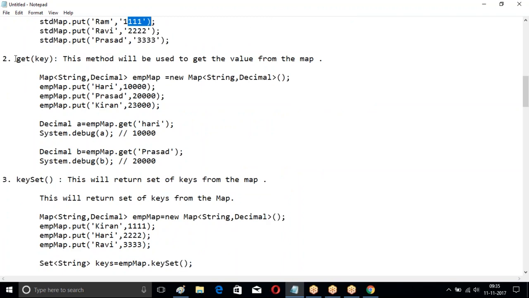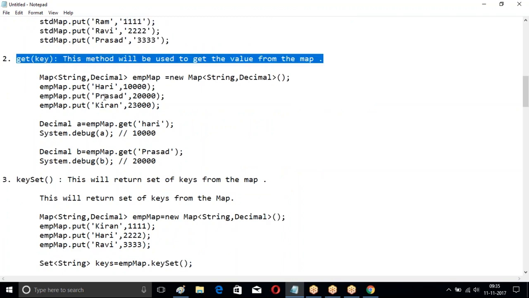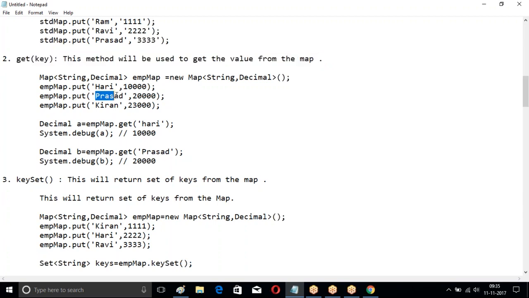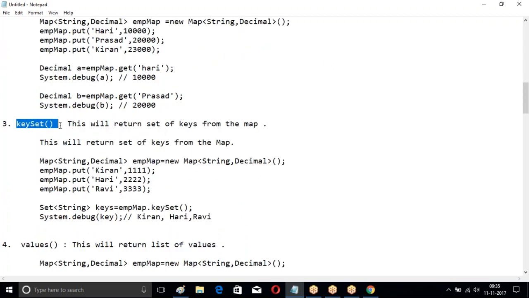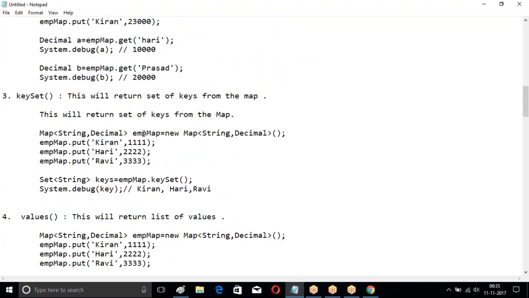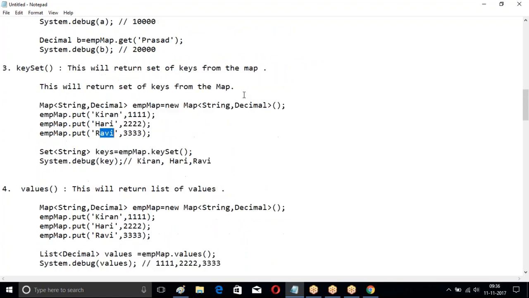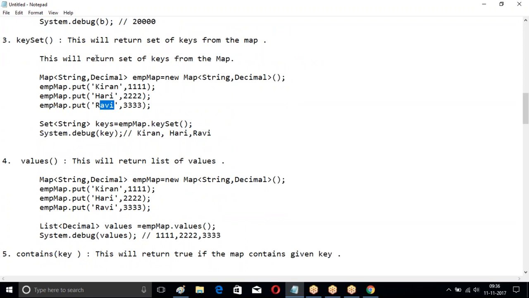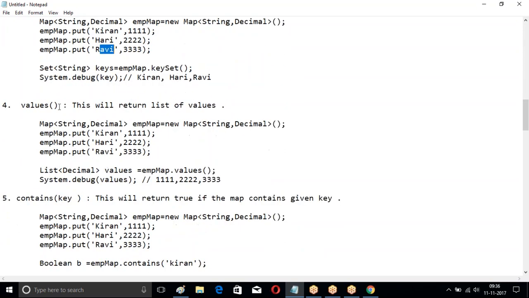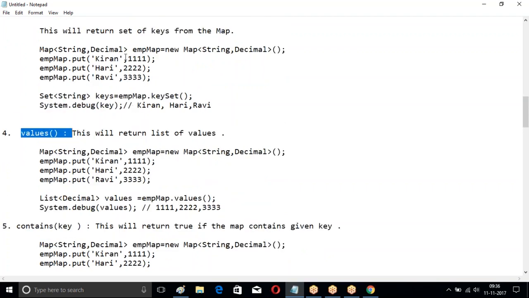Then if you want to get the value from the map, already we have this map. From this map, I want the value of Prasad. What is the salary of Prasad? If you want to get the salary of Prasad, map name dot get of Prasad. If I give map dot get of key, we are going to get the value. Then we have key set. When you say key set, it gives you the set of keys. What are the keys we have? Kiran, Hari, Ravi. Then we have values. When you say values, list of values, only values will be given. What is that? Double one,